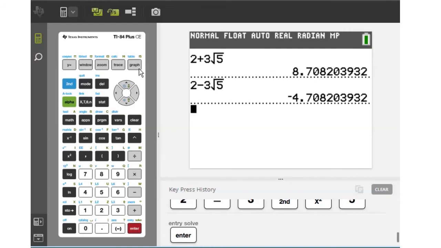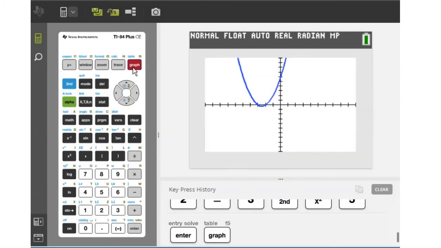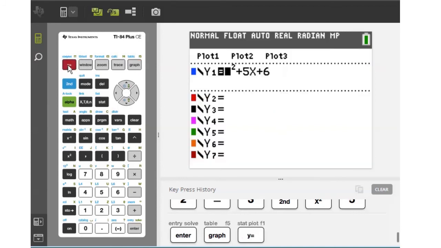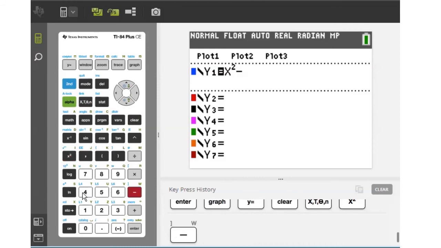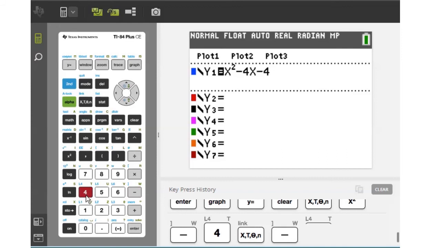So now, if I look at the graph, I put the equation in y equals. So in here, I'm going to put x squared minus 4x minus 41. And looking at the graph,